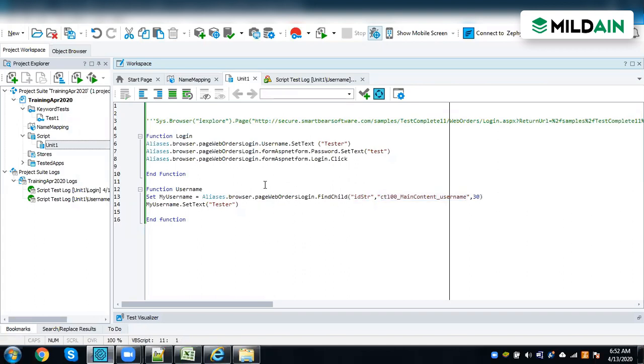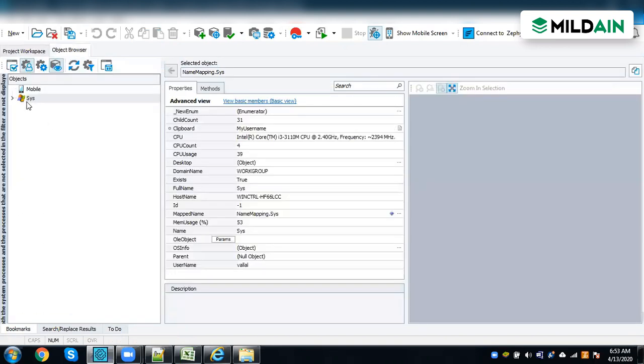Find child, why? We can use find, right? No, that's what I'm saying. Either it's find or find child or find all children. Everything has a different use. So I can use find or I can use find child. What is the difference between find and find child is, say for example, you are using from the system. I will show you.